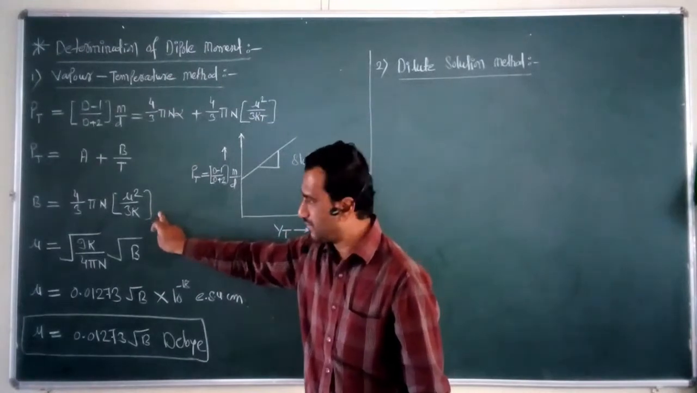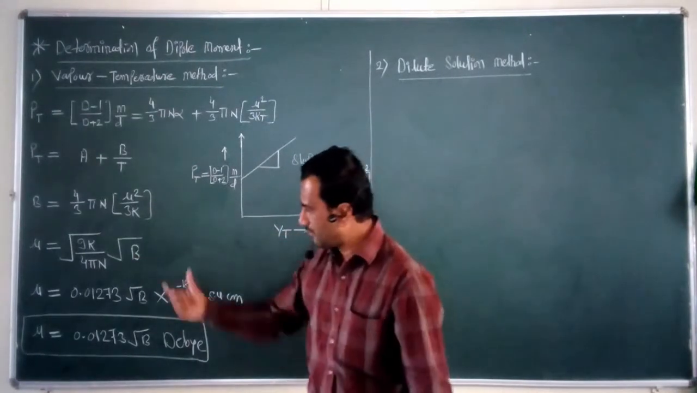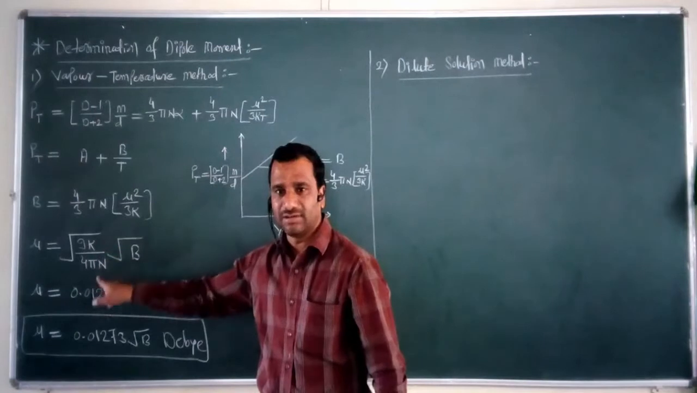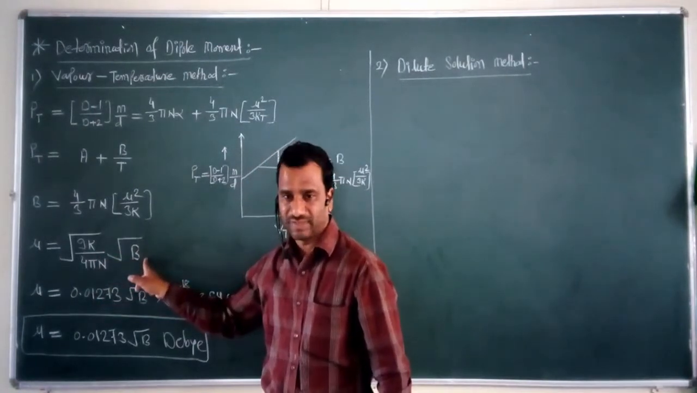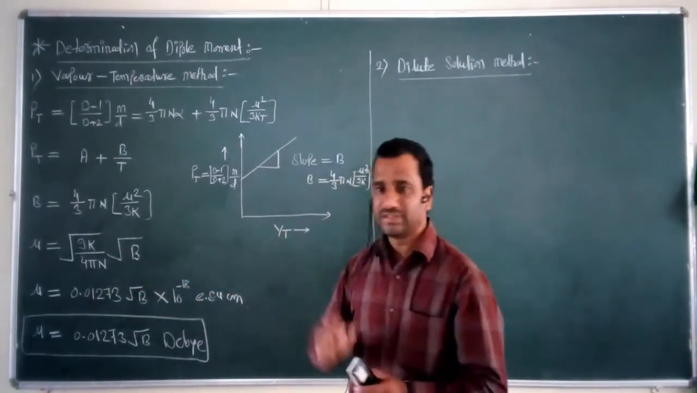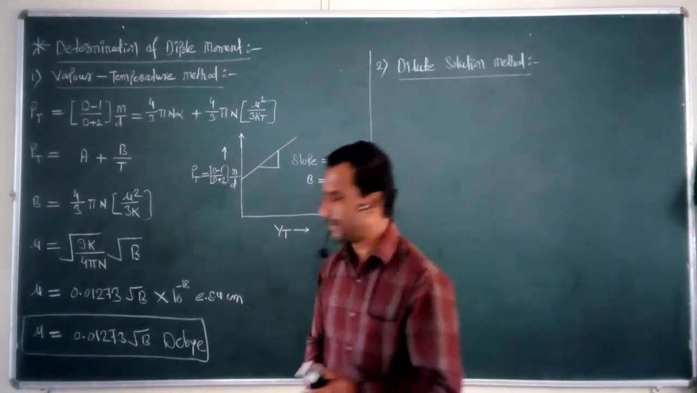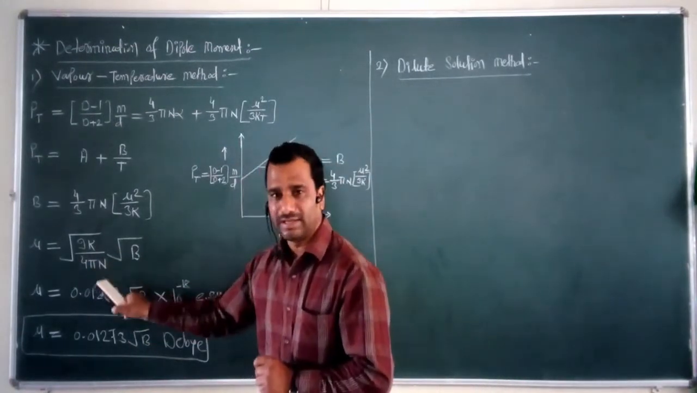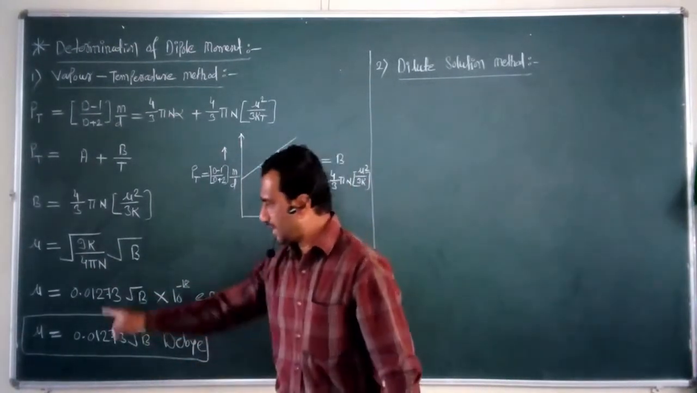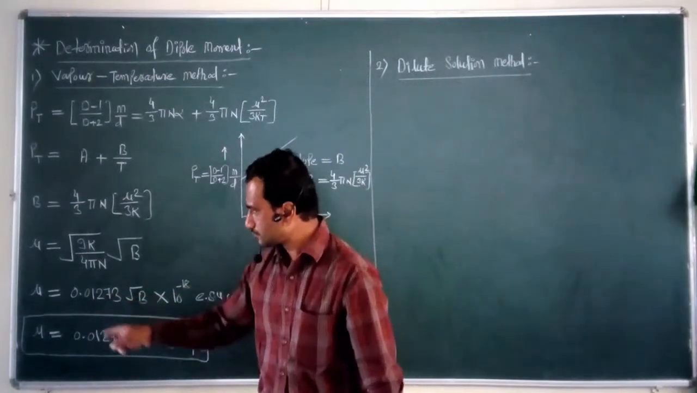If we rearrange this equation in order to calculate this mu, we get mu equal to under root 9k divided by 4 pi n under root B. Now, if we substitute the constant values for k, pi and n, we get the next equation as dipole moment is equal to